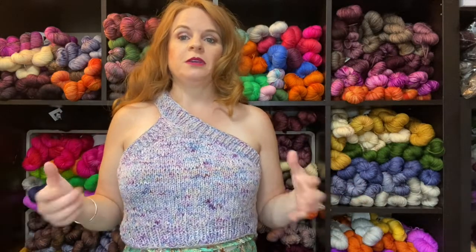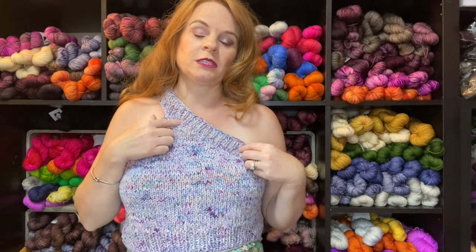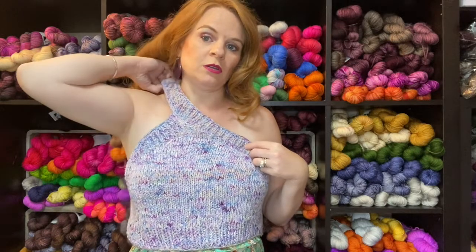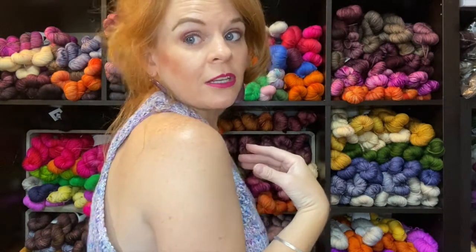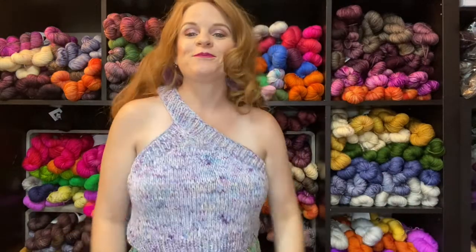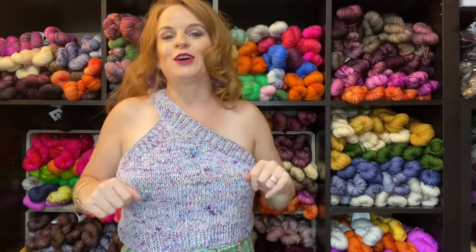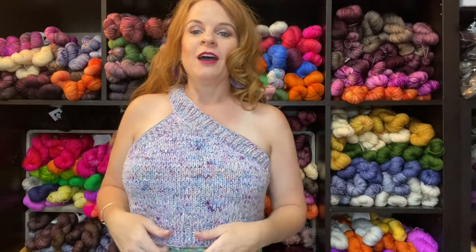So I think my overall tip is check the schematic of all the measurements and take that into consideration when you pick this up. And if you need to knit the strap shorter, this section up here is where you need to do it. So you can kind of see a little lump where I seamed it. I didn't do a great job, but you can't tell now, can you? So only you guys know. I share all my secrets with you. That's what you're here for. Other than that,